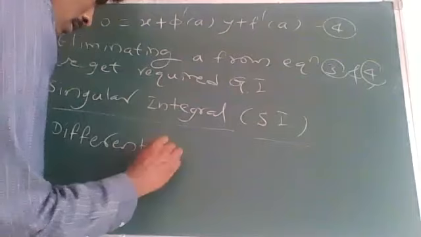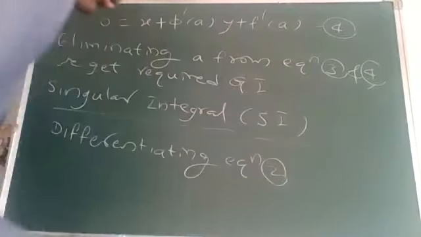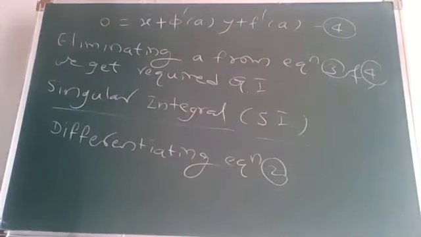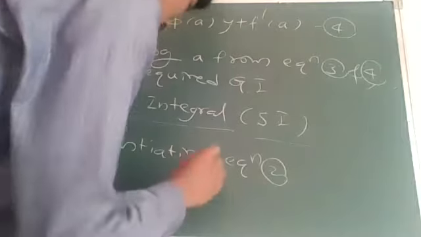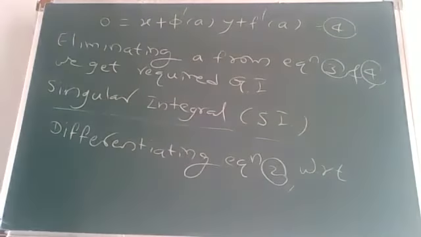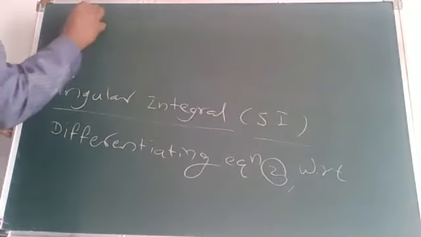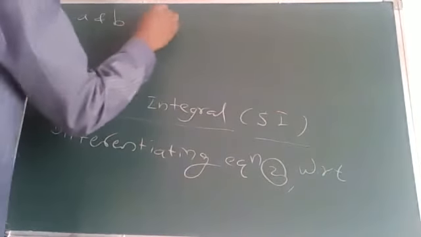Differentiating equation 2, that is z equal to ax plus by plus f of ab, with respect to a and b partially, we get